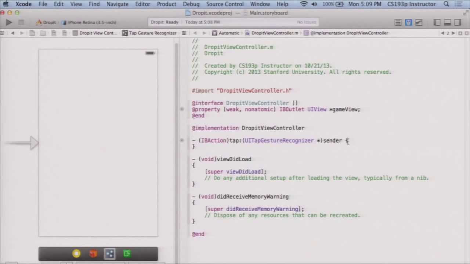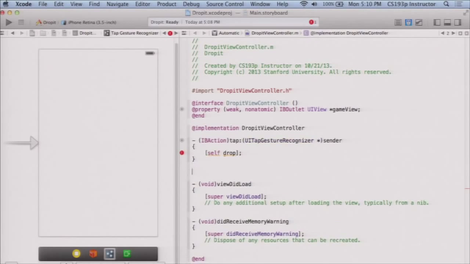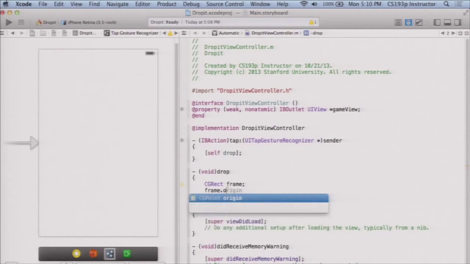So every time that you tap on my game view, I am going to drop another little square that falls down like a Tetris kind of thing. Okay, so that's what this method is going to do. It's just going to add a view. So this is also a chance for me to show you how to create a UIView in code, which hopefully you've all done because you've done the part of the homework that's the custom view. But if you haven't, here you go. I'm going to actually create the frame first. So I'm going to do this frame. I'm going to have the frame's origin start out as CGPoint